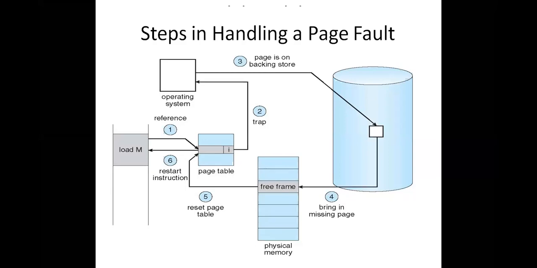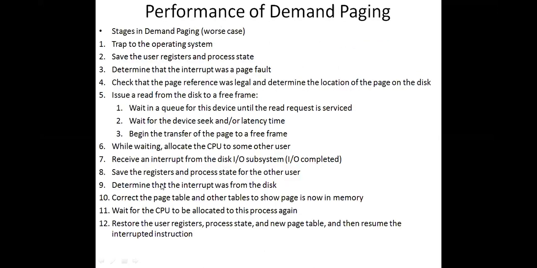Okay, so up to now, we have a free frame. If the free frame is not available, what will happen? That is the next concept, right? So up to this point, there is a free frame. So what will the operating system do? Operating system will take this particular required page from the secondary memory and load it into the free frame. Once it is loaded into the free frame, we need to update the page table. That means this I needs to be changed to V. Why? Because now it is available in the main memory. And again, restart the instruction. Okay, that is the thing.